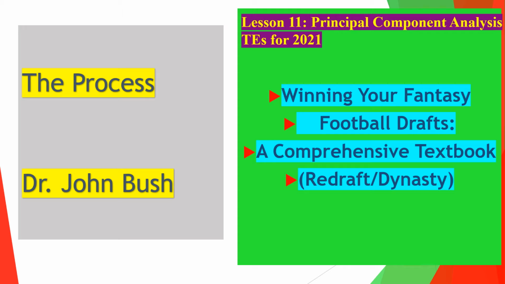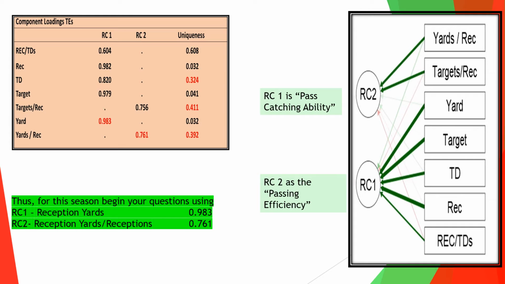So we're continuing with tight ends, and the principal component analysis is a way for us to prune data. Again, too much information makes us more confident at the same level of accuracy. So we spend a lot of time pretty much wasted when one or two key variables are enough to at least get us going. And that's the whole purpose of what I do, the principal component analysis every year, to try to update